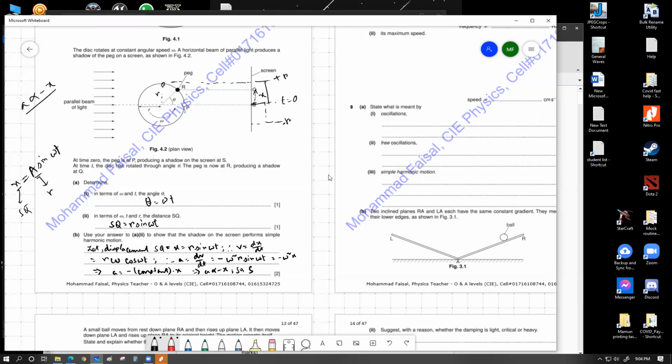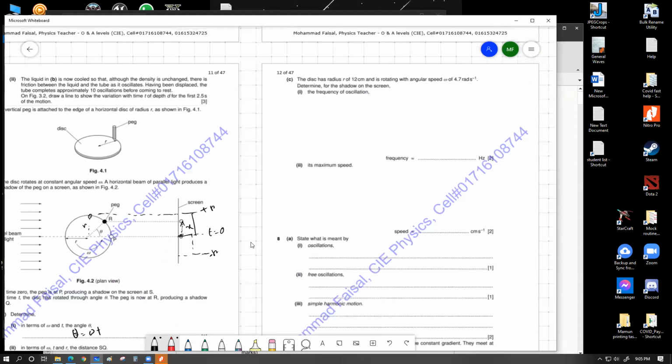So SHM. That's how I would write the answer, just showing a simple mathematical derivation. We first define the displacement, then find the first derivative with respect to time, which is the velocity. Then we find the second derivative with respect to time, which is the acceleration. And then acceleration is now expressed this way, minus constant into x. So we get a proportional to minus x. That's basically how we define it. It's simple harmonic motion. There's not much to it. You just have to somehow come up with this expression: any motion that can be explained with this relationship is defined to be simple harmonic motion.